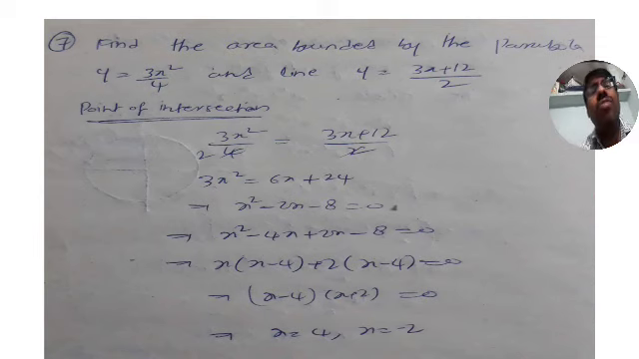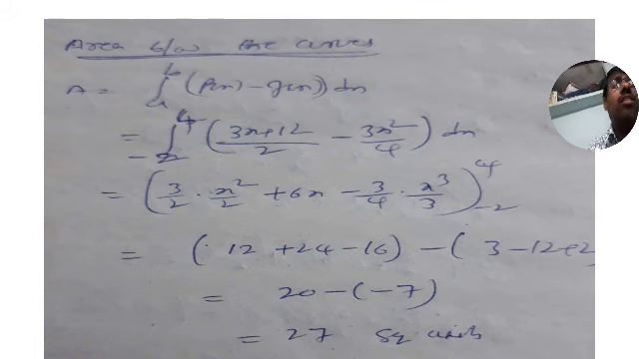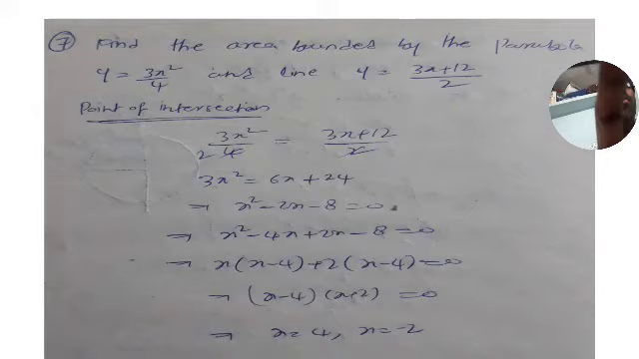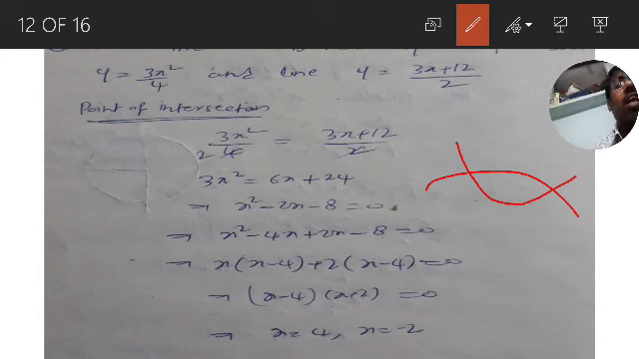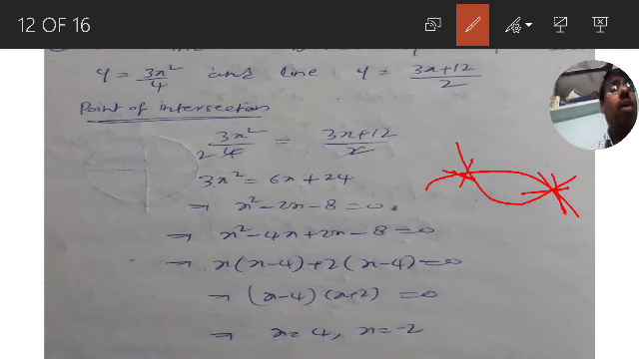So the first curve is y is equal to 3x squared by 4 and the second curve is (3x plus 12) by 2. What are the limits? You don't know. In order to find the limits, we use the points of intersection. When two curves intersect each other, those are the limit points. So in order to find these limit points,